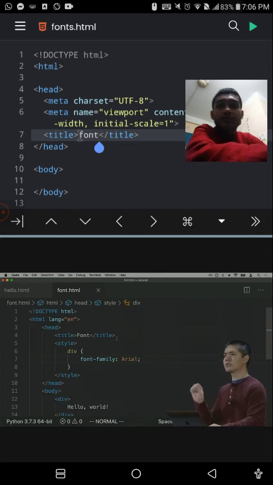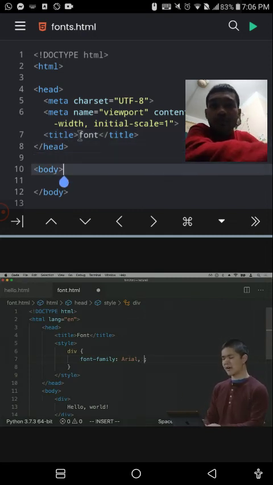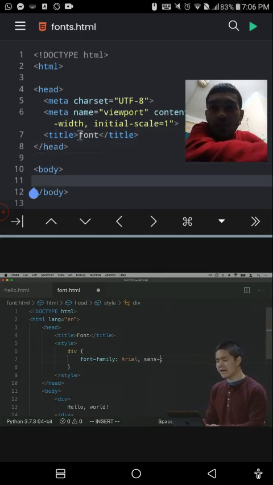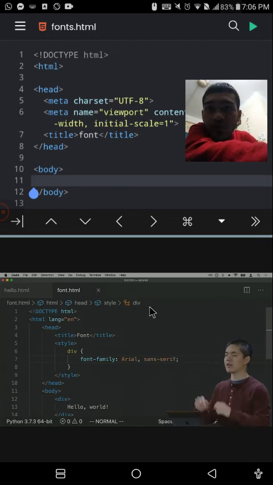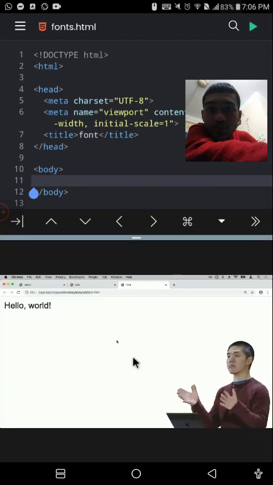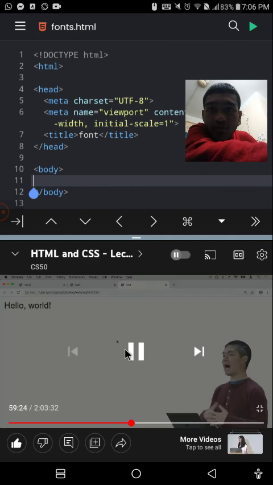You can also specify multiple different fonts. Not all computers support all fonts, so I can specify that just in case Arial isn't supported, fall back to any sans serif font, any of the fonts that don't have the little glyphs at the edge of each of the characters. So now if I refresh the page, because my web browser supports Arial, I don't fall back to any